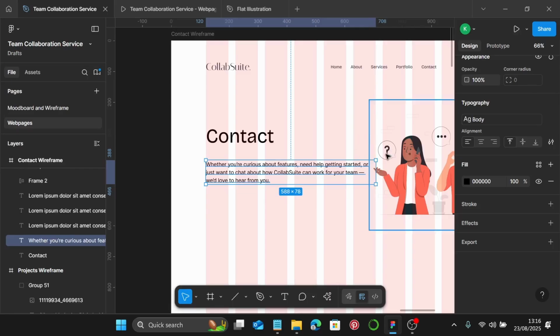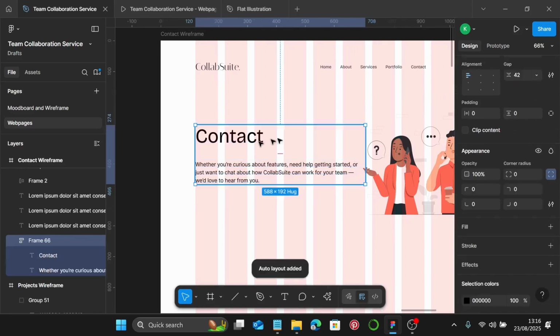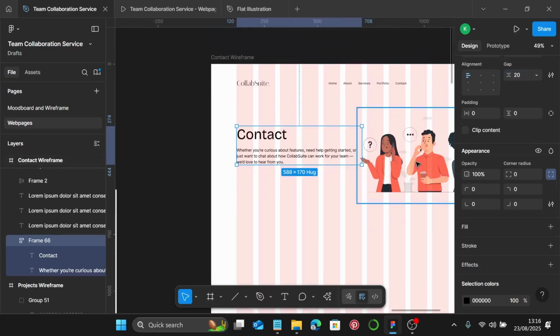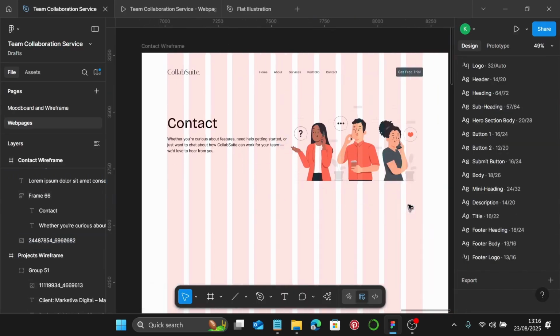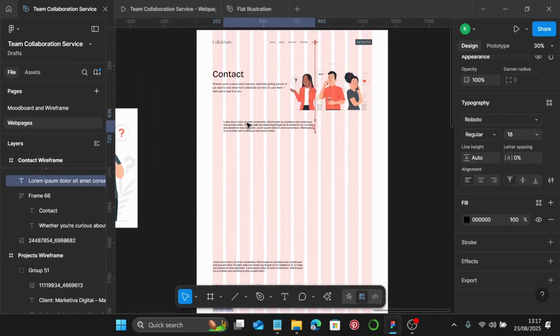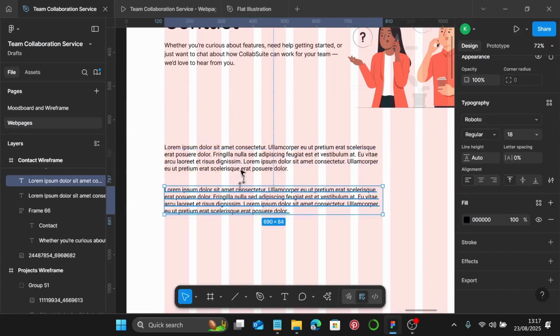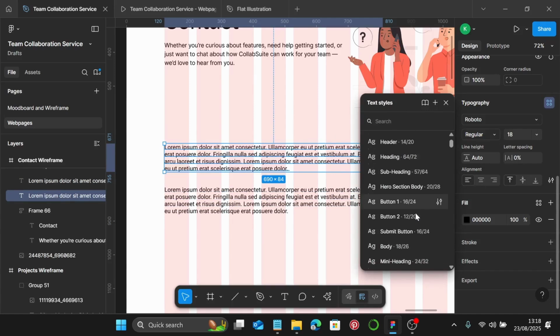It's on 6 columns. I'm going to select this to make it another layout. Gap is 20, and we can just send this image to the back side to be underneath this text. Let me select this text and bring it here. I'm going to create a copy. I'll start with this, change the typography to mini heading,